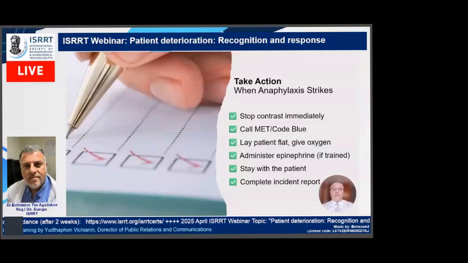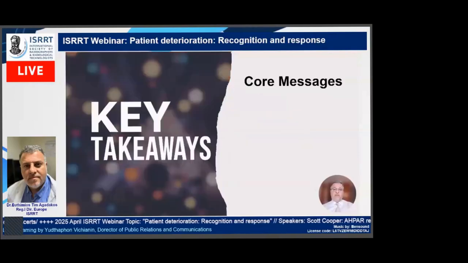Then you need to stay calm. Stay with the patient. Document clearly. Remember the time that the incident occurred, and hand over thoroughly. You've got this. So the key takeaways for today's presentation are that although radiographers may not always get the spotlight,